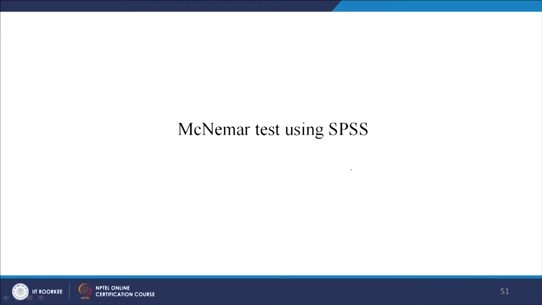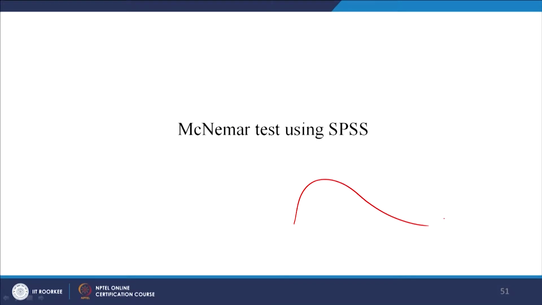So, we were talking about McNemar. So, what is this McNemar test? Let us go back and think about what we had discussed in the last class. In the last lecture we discussed that McNemar is a test similar to the chi-square test, which follows a chi-square distribution. You remember a chi-square distribution? A chi-square distribution is a right skewed distribution, and the McNemar test follows the chi-square distribution. But then what is the difference between the chi-square and the McNemar test?